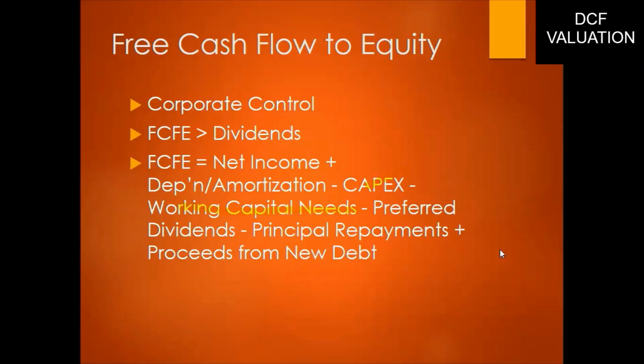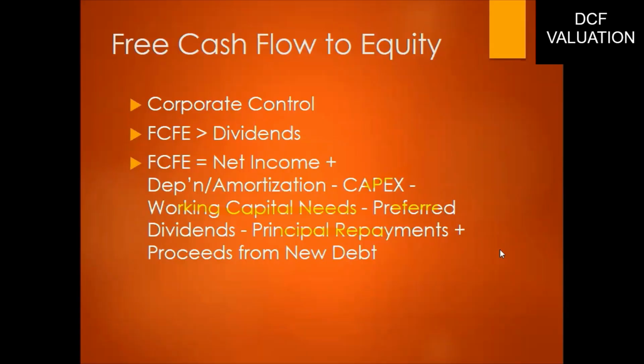Second, those set aside to satisfy other claimants, or other sources of financing, particularly creditors and preferred stockholders, are also not free. So you have to deduct preferred dividends. That is not free from the point of view of the common shareholder because that should be paid to the preferred shareholder. And the required principal repayments to creditors.